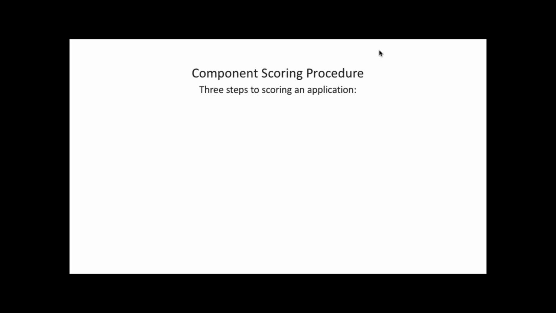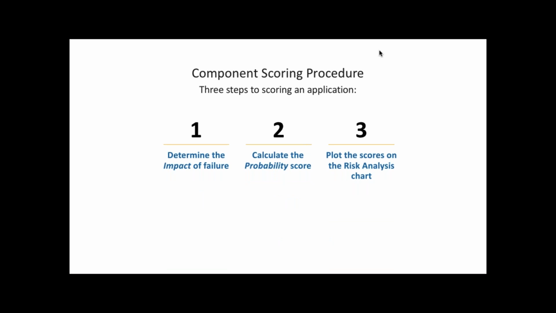So there are 3 different steps to scoring an application. The first is determine the impact of failure. Then you're going to calculate the probability score, and then plot the scores on a risk analysis chart. So once you've followed those 3 steps for scoring, you're then going to use the results to focus the test effort by plotting the risk scores